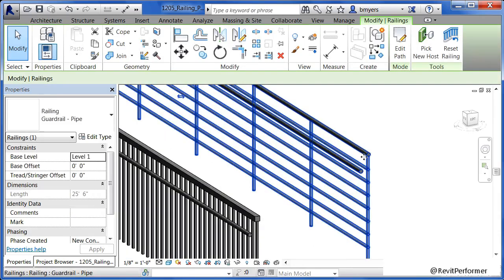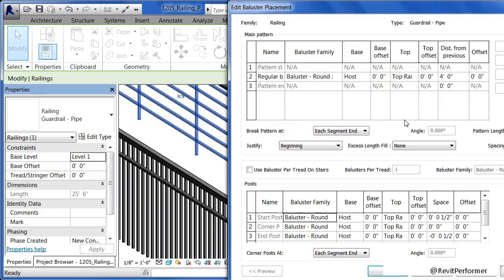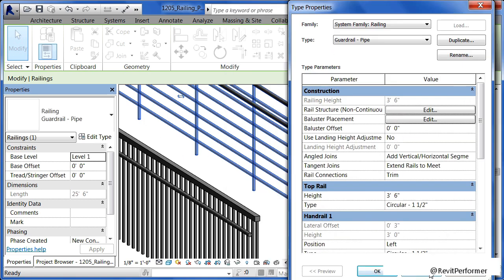I'm going to click on Cancel with both of those menus to get out, and now select on this last railing and pick on Edit Type. If we take a look underneath the baluster placement in this case and select on Edit, we can see that there's a baluster round as well as baluster round all the way on down. These are going to be put into place every 4 feet on center or at the start, corner, or ends of wherever this railing condition is at. And we can see there's one of those balusters right there, and every 4 feet they're being drawn in.